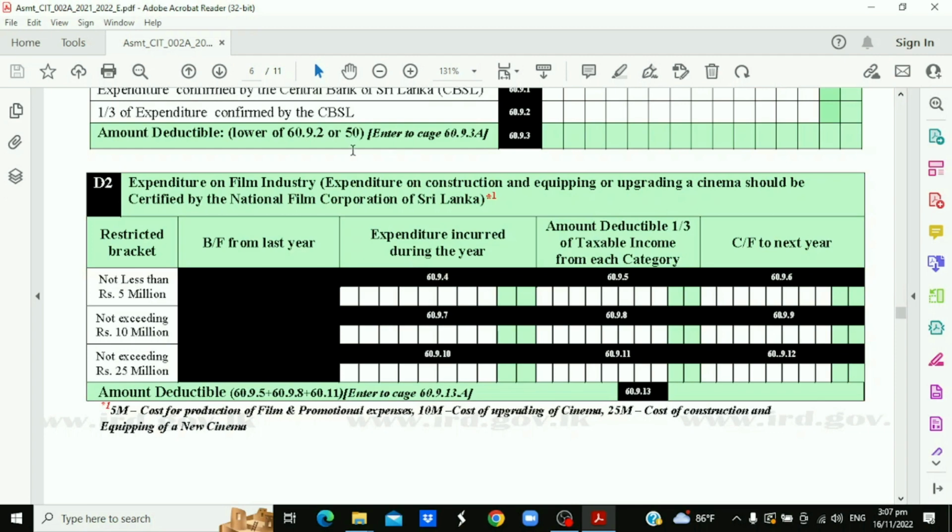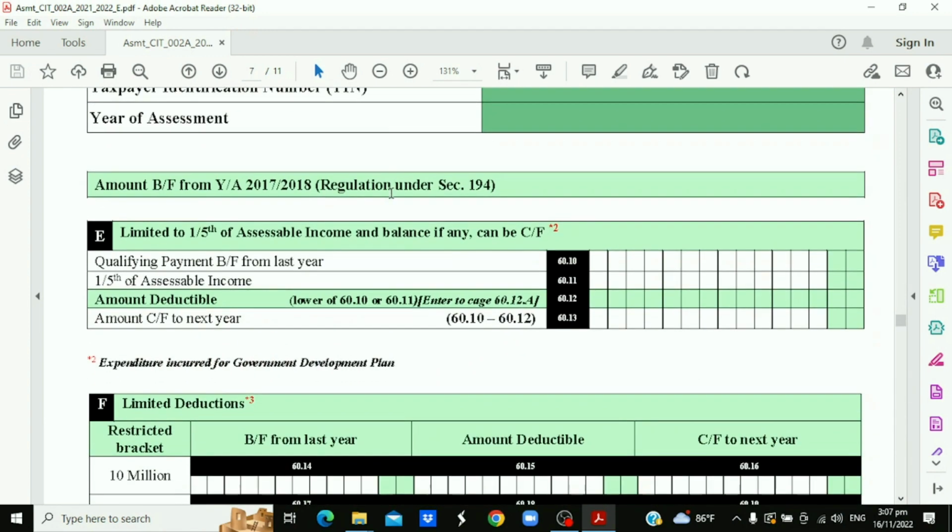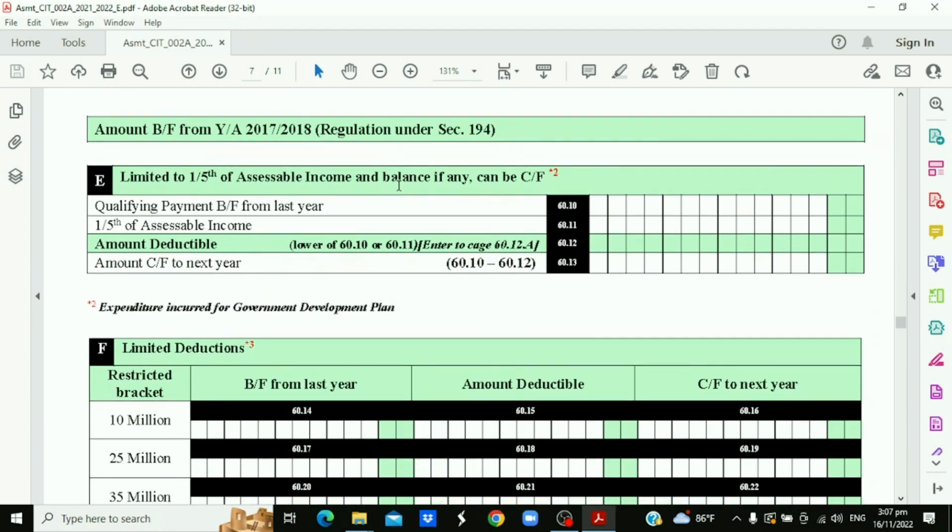Now we are moving to the second part of our discussion of qualified payments, right? The second part identifies if there's any balance remaining at the end of the 1780. Balance remaining at the end of the 1780, right? If there's a balance, under the transitional provisions we can apply the table or these provisions for deducting these amounts. Then first we can discuss